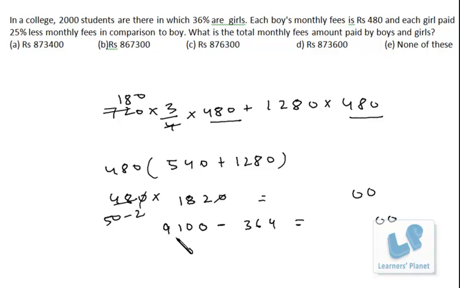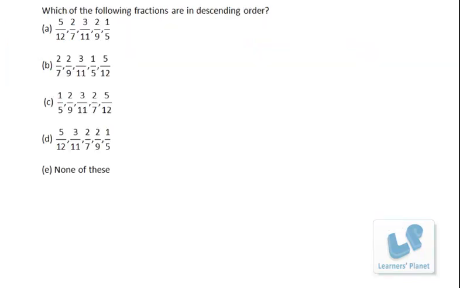So if you deduct 400 from 9100, it will be 8700, and plus you have to add 36 because you deducted 400, so it's 8736, right? Two zeros we copied from this, right? So this is how you can calculate it. Otherwise, if you are not comfortable, just calculate it as regularly you are doing, right? Because none of these is there, so you have to be careful about your calculation.